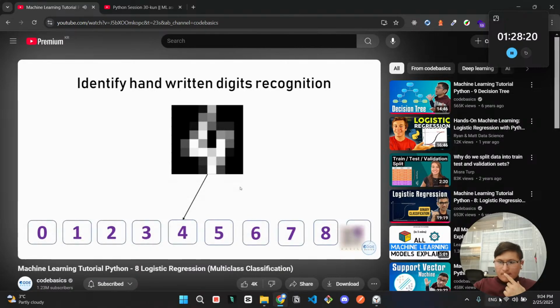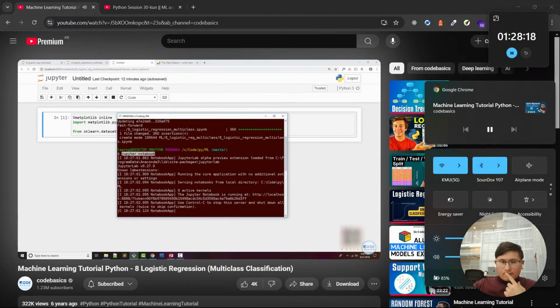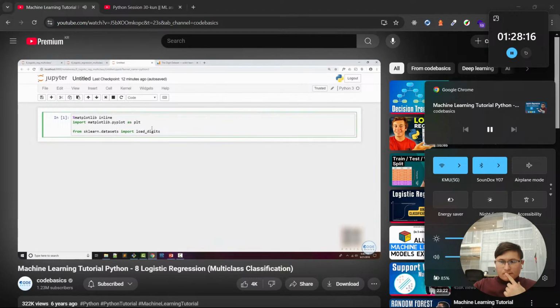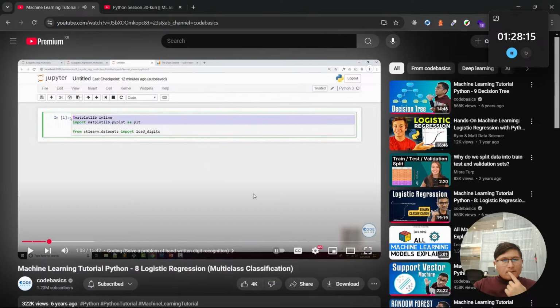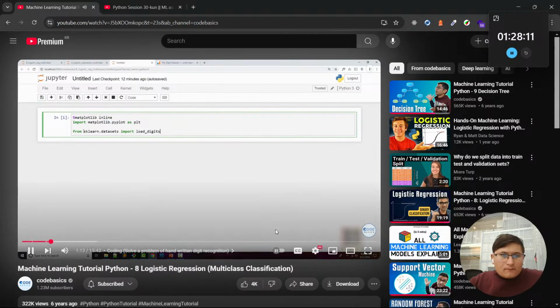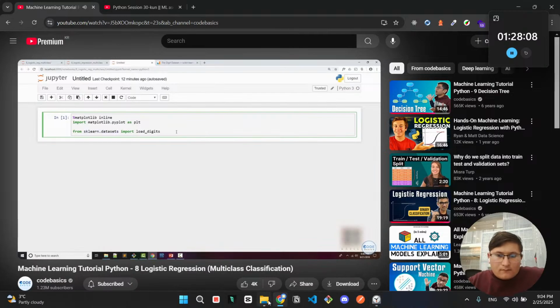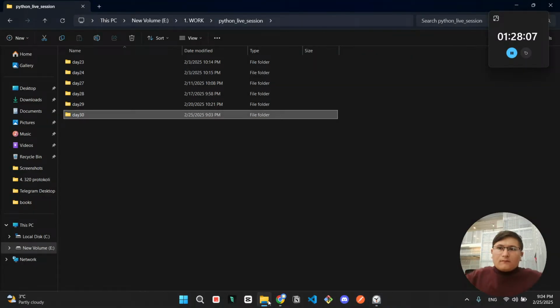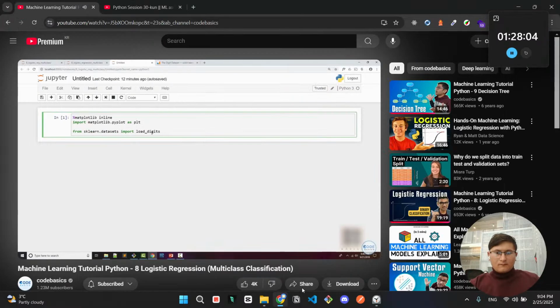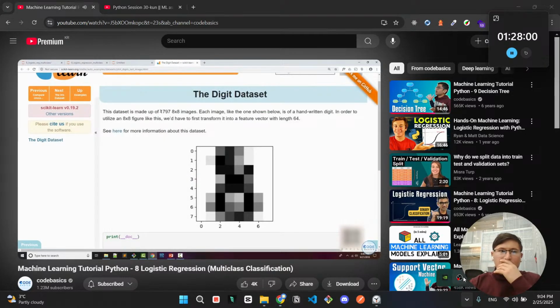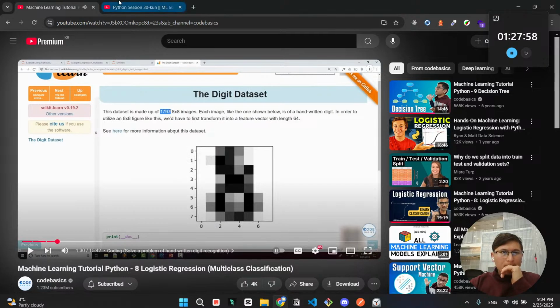So let's jump straight into writing the code. As usual, I'm going to use my Jupyter Notebook as an IDE, and here I have imported matplotlib and also scikit-learn's datasets. So sklearn.datasets has some predefined ready-made datasets that you can use to learn machine learning. From this, I'm using the load digits dataset. So if you read the documentation, all it is 1797